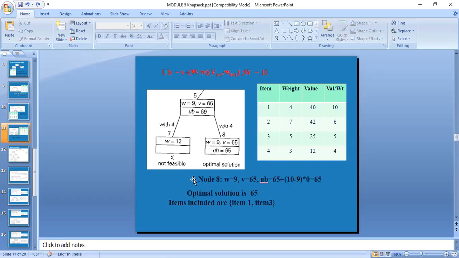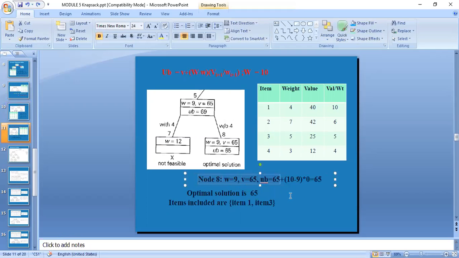So the upper bound value is calculated as node number 8 because 7 is not feasible. So node number 8 is going to be calculated with items 8, 9, value 65. So your upper bound value is 65, that is your value, plus the remaining capacity. Remaining capacity is 10 minus 9, into